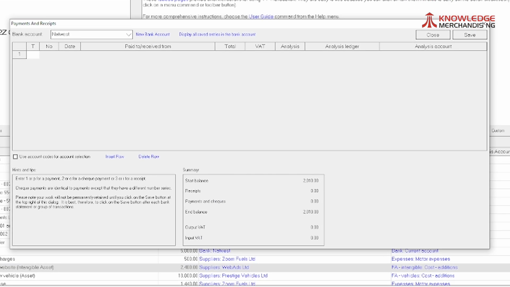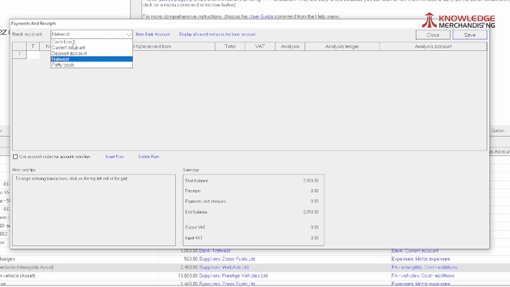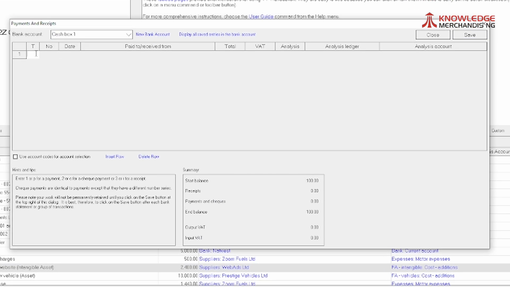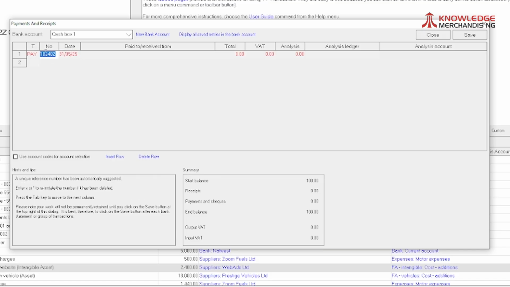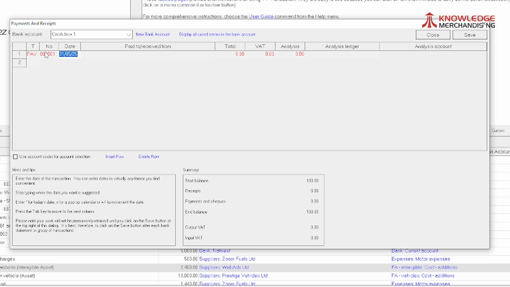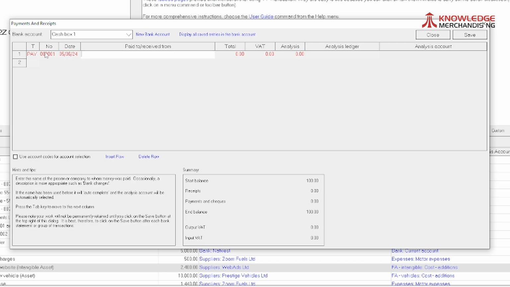PNR, we have to select the cash box. This is the petty cash. It's a payment and we are paying voucher number 101 and the date is 05/06/2024 and